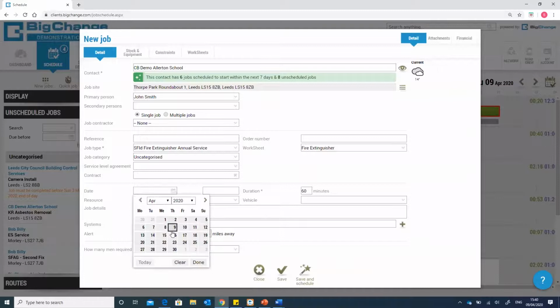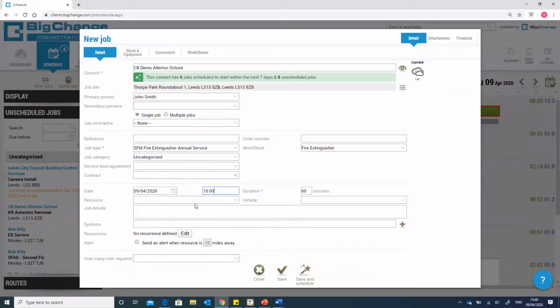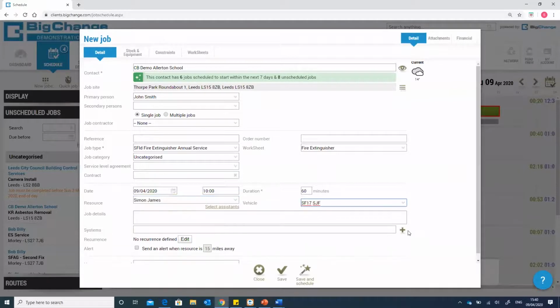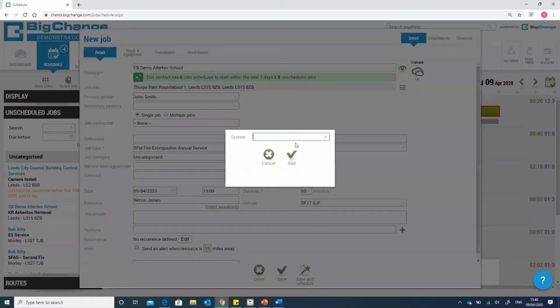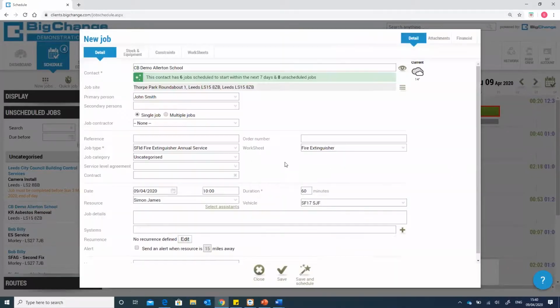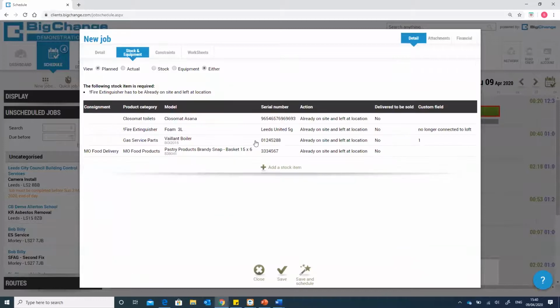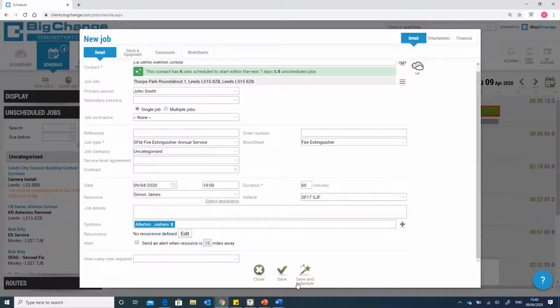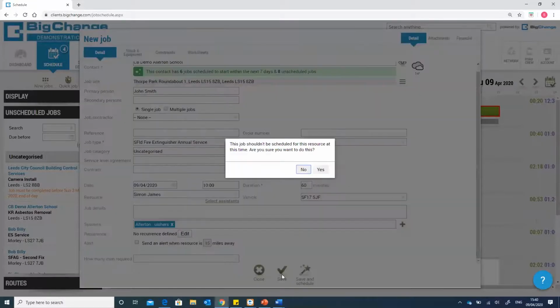So if I select that, it's today at 10 o'clock, again we'll give it to Simon, and select the systems button here, we can type in the system that we're actually going to be working on, and it automatically will then add all of those pieces of equipment to that job. And once again, if I select save, like so,